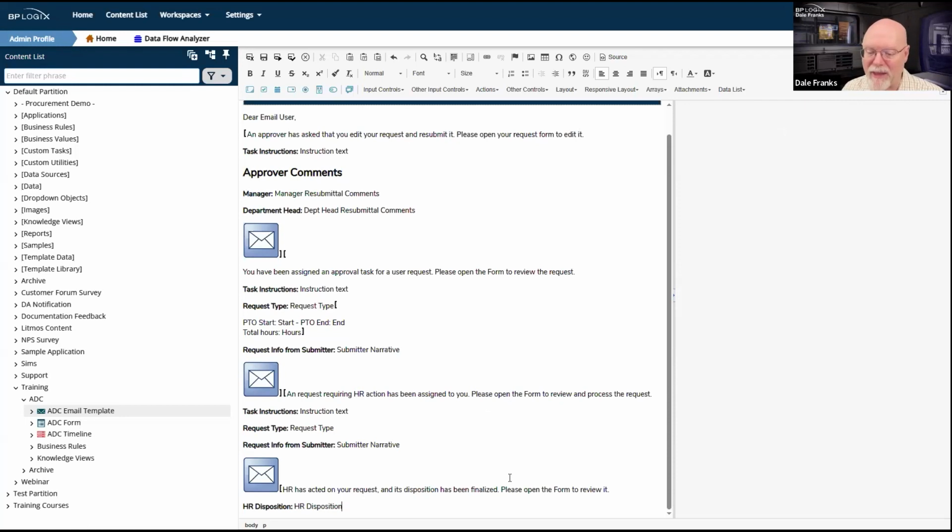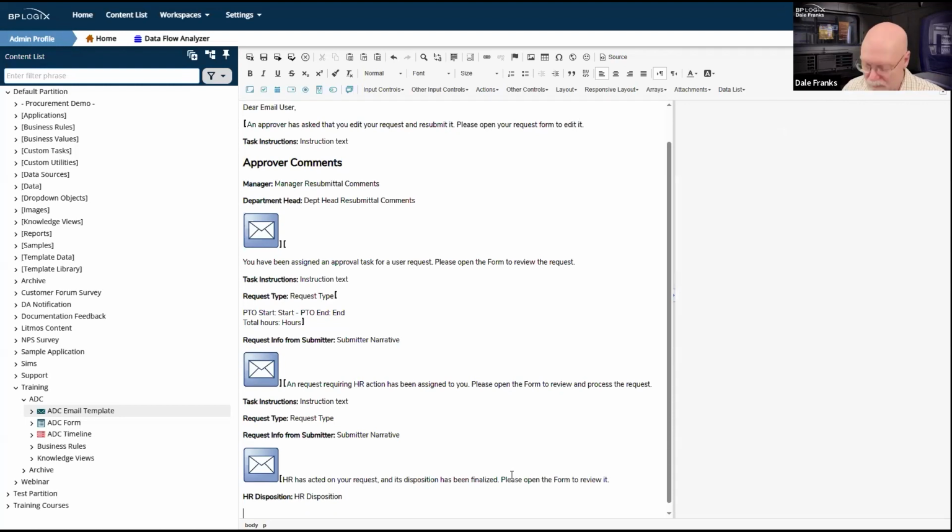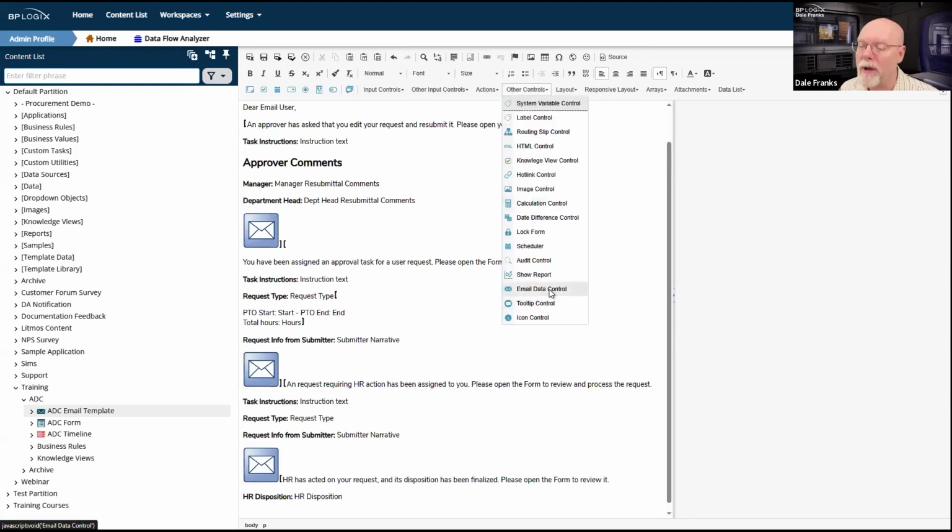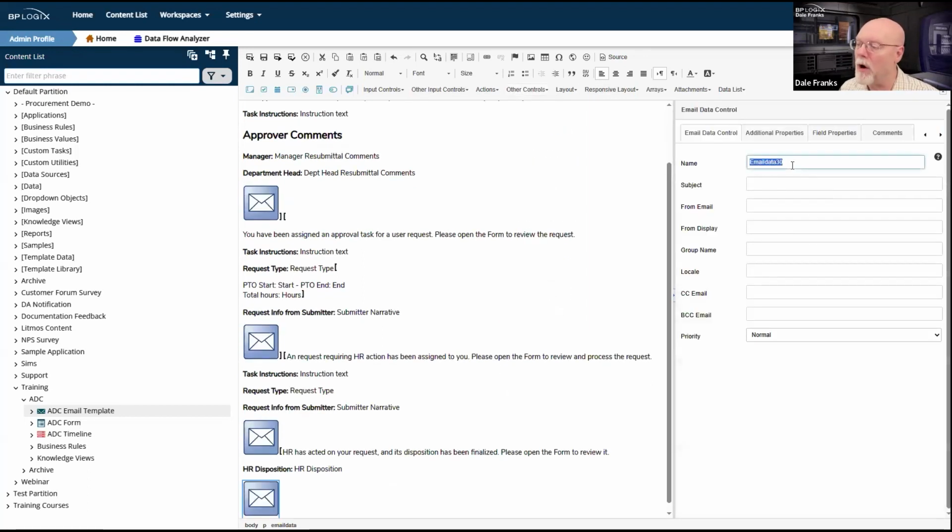Happy with that. That's really all that we need to tell the end user, I think. But the end user does need their own email data control. So other controls, email data control, which we will call ED final notification.